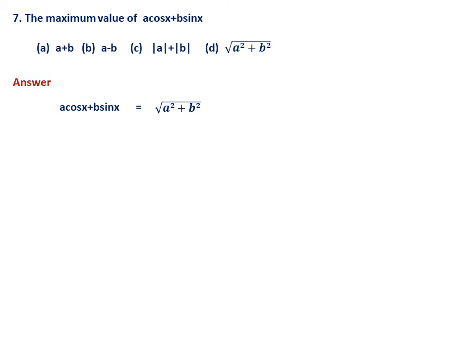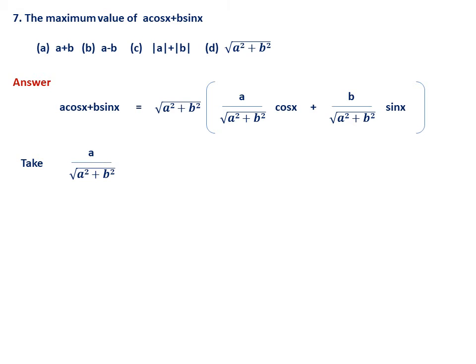What you have to do is take square root of a square plus b square, actually divide and multiply. This is what you have to do. See, this is the first adjustment. What I have done is square root of a square plus b square, you are multiplying outside. Therefore, inside you are dividing. That means you are not changing anything. It is a cos x plus b sin x only, but we are writing like this.